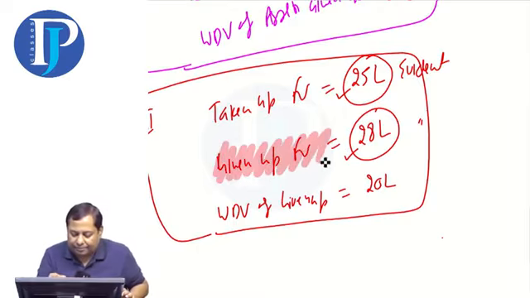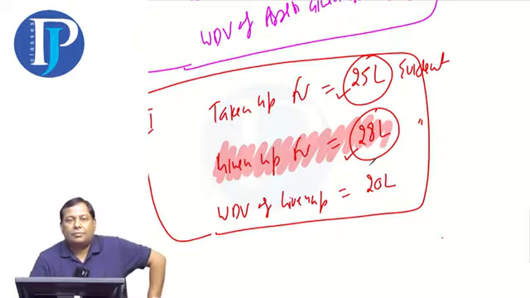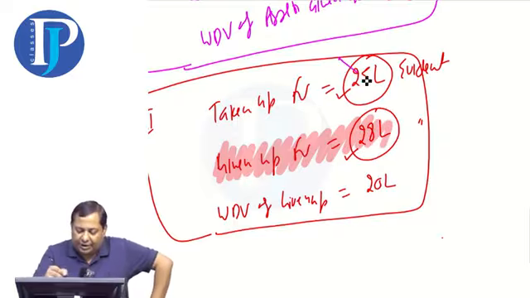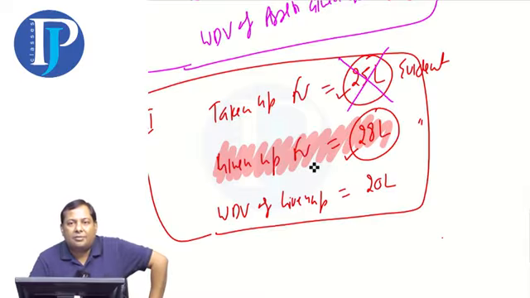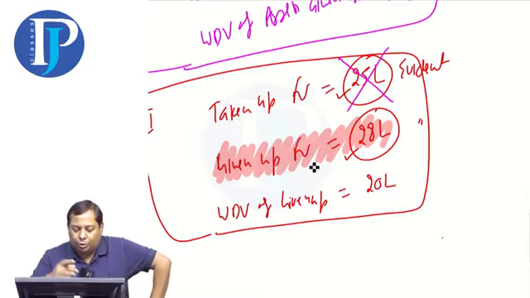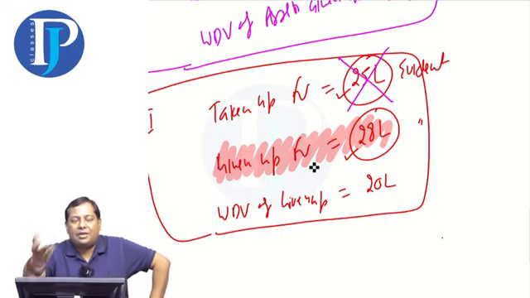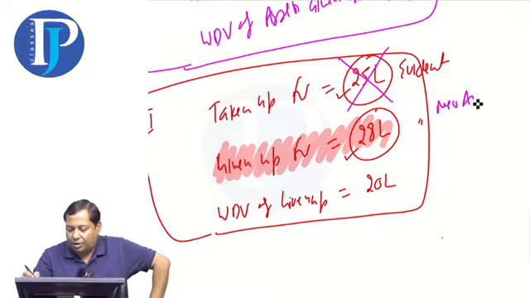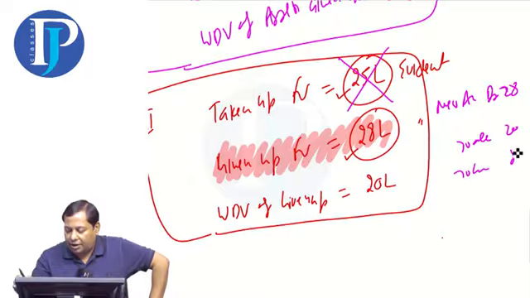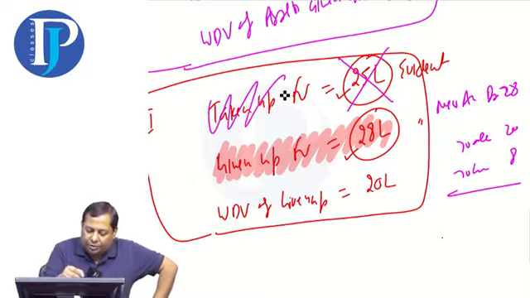Clear, guys? You shouldn't take the fair value of the taken up. You only need to consider the given up, the assets that you have given up. That is your fair value, and hence I will pass the entry: new asset debit 28, to old asset 20, to gain. And you should ignore the taken up.